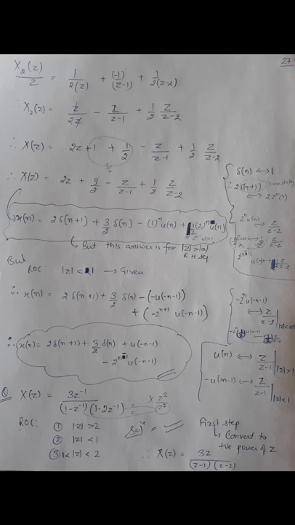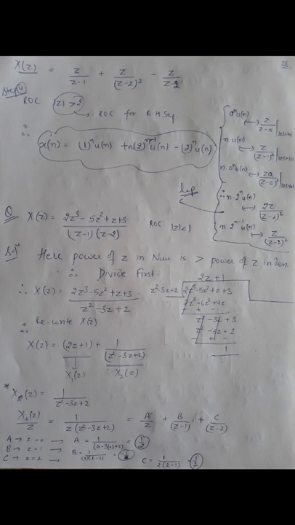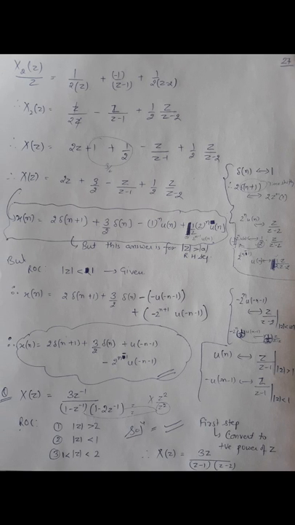Now, this solution is for ROC mod of z greater than a, that is a right handed sequence. But in the exam, in the question, it is given that mod of z is less than 1. So we have to take care that we have to find the answer for the left handed sequence. So x of n will be equal to 2 delta of n plus 1 plus 3 by 2 delta of n minus,